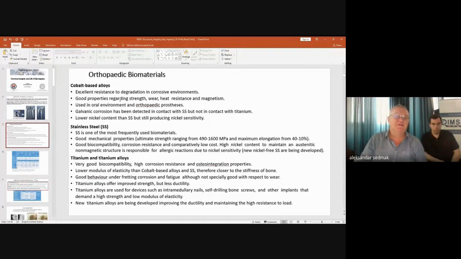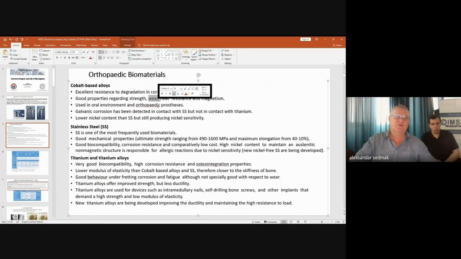Anyhow, for all three of them, these are three different types of materials. There are many versions when we come to application. So for cobalt-based alloys, a couple of basic characteristics are listed here. Of course, some of them are related to corrosion and corrosion resistance. This is extremely important. Some of them are related to wear, because it is also quite important